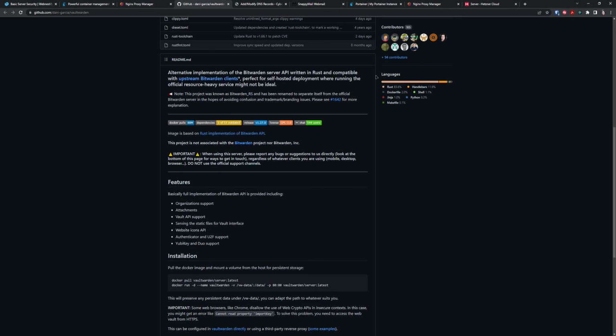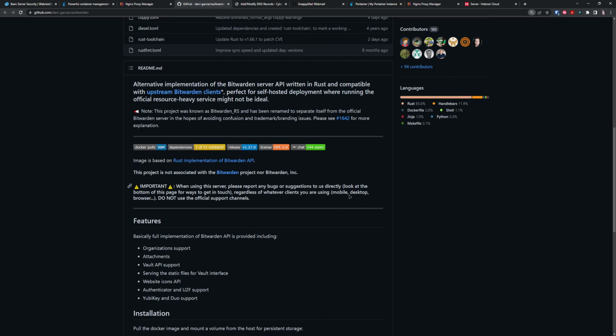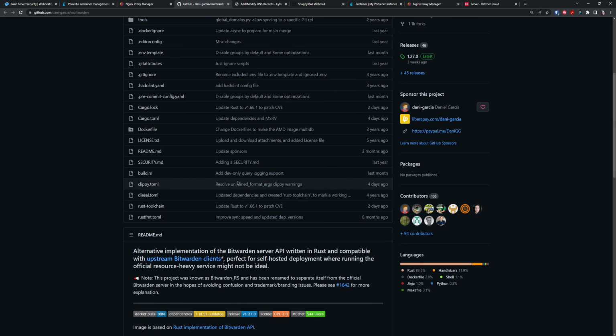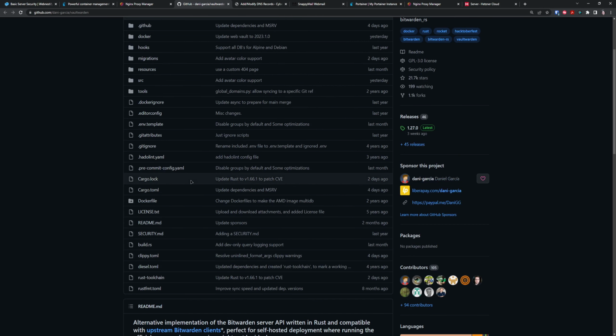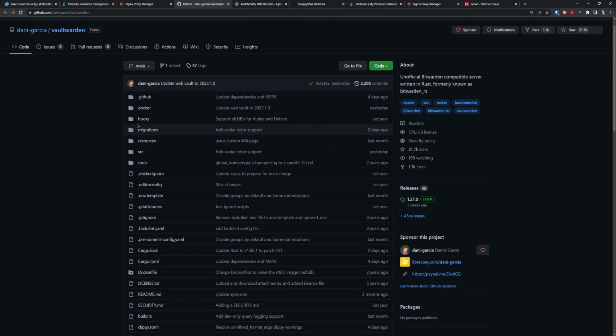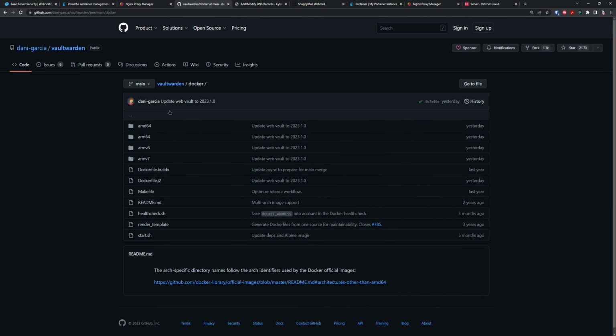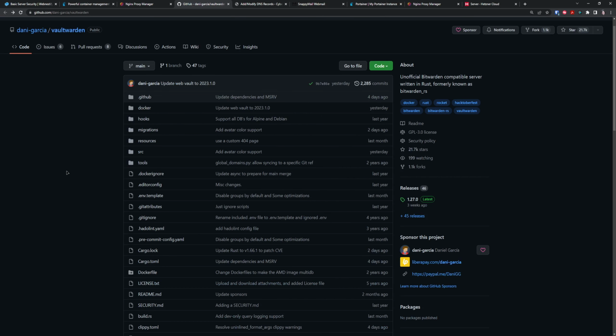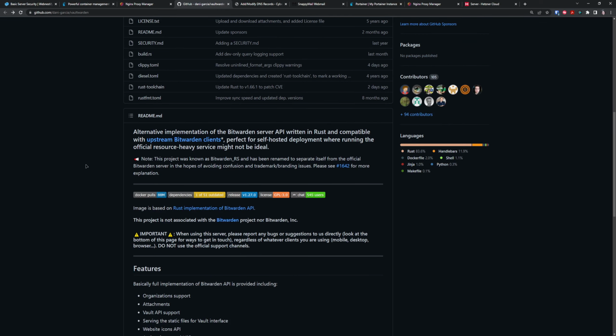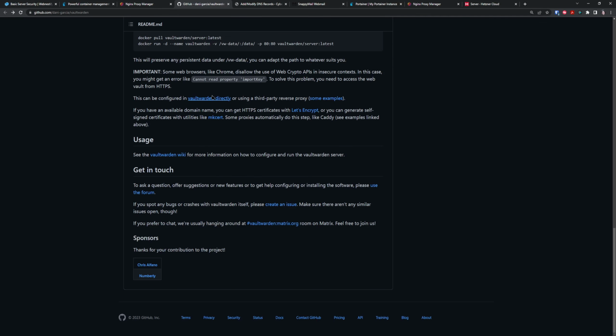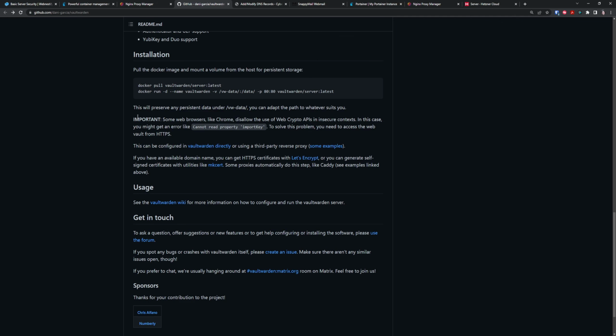So in the Vaultwarden GitHub repository, we're gonna find our Docker Compose file. So we can install our Vaultwarden, and when you check it, somewhere here, let me find it. Where is Docker? Not here. Let me find it. Basically, we can install it with just Docker pull command, but I like to use Docker Compose, so